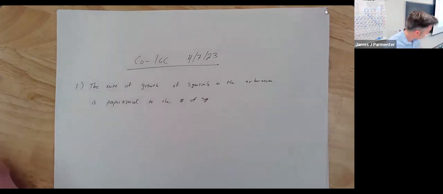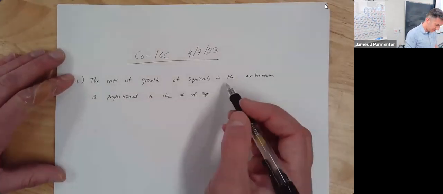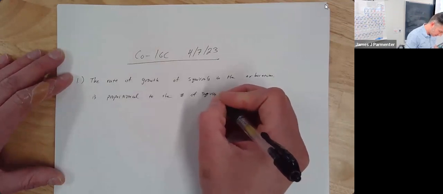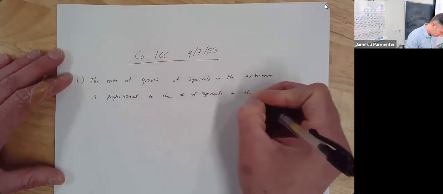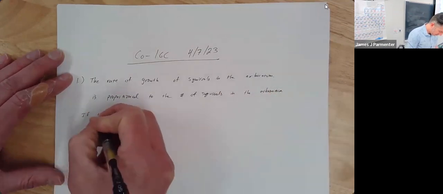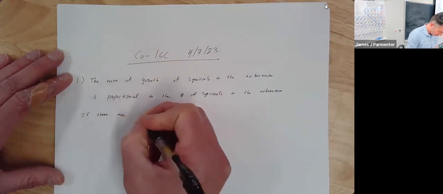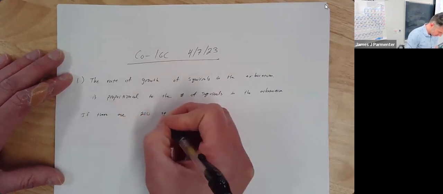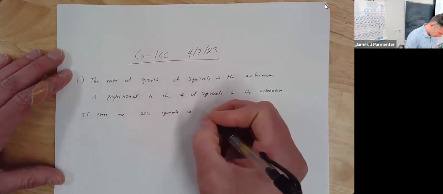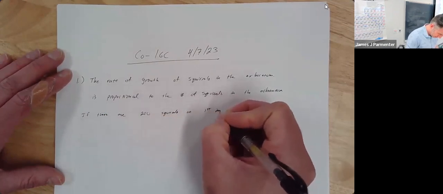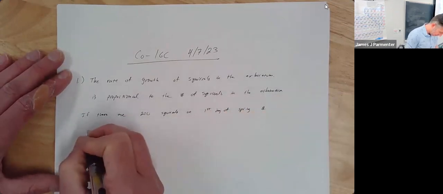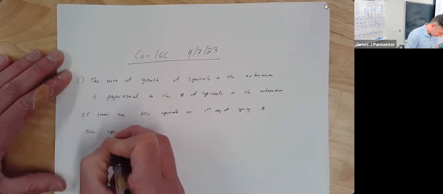Good times. So the rate of growth of squirrels in the Arboretum is proportional to the number of squirrels in the Arboretum. If there are 200 squirrels on the first day of spring, and there are 500 squirrels